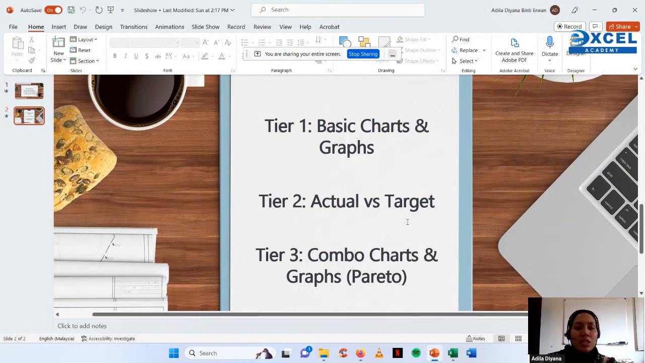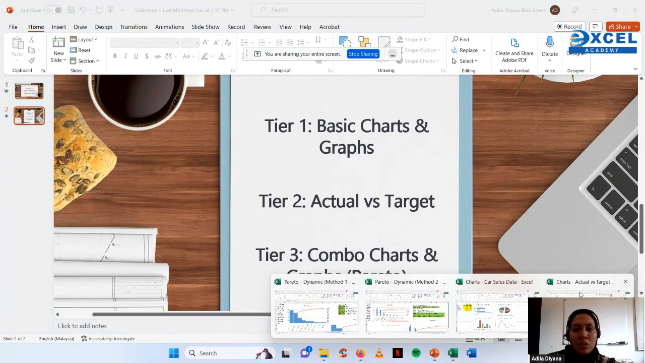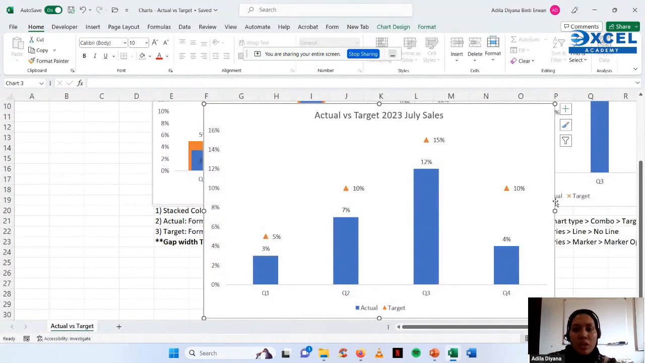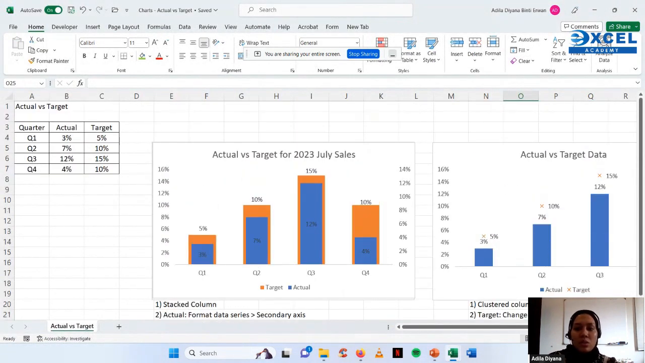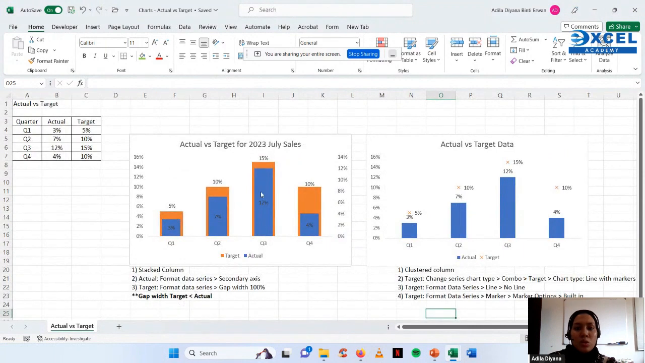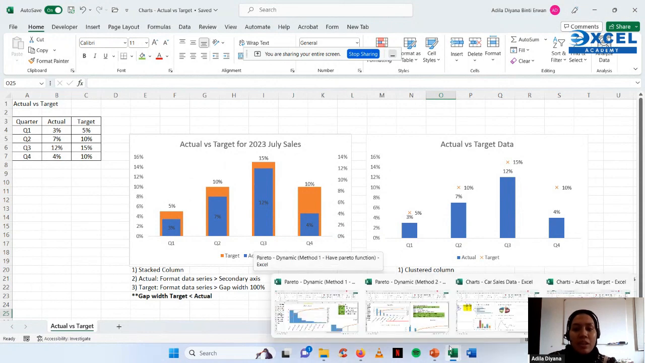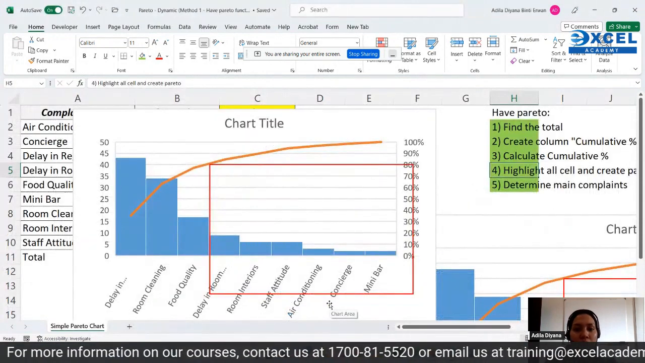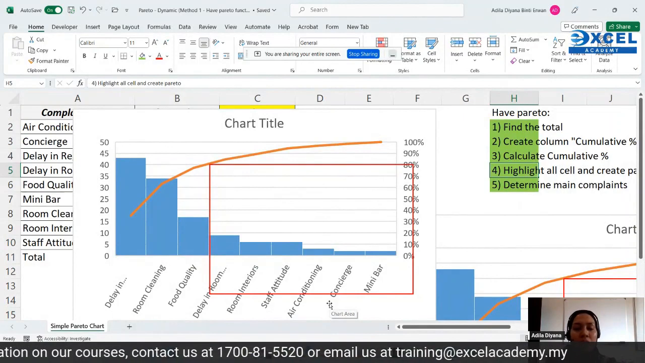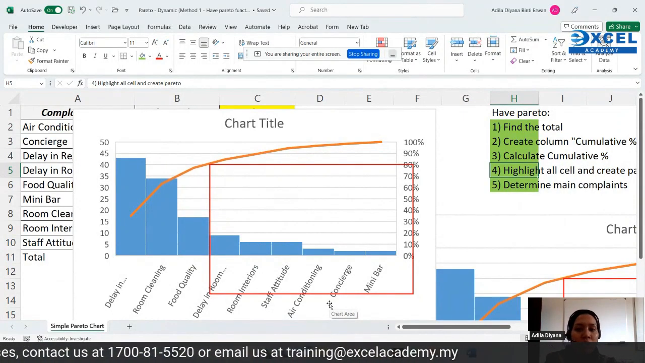Second tier in today's session, we look into the actual versus target graph. Let me open the actual versus target. So this is what we have, right? Let me zoom out a little bit. Okay, so you have 2 options here, with marker or both is column. And then finally we have Pareto here, for you to determine the main complaints, the highest cost,